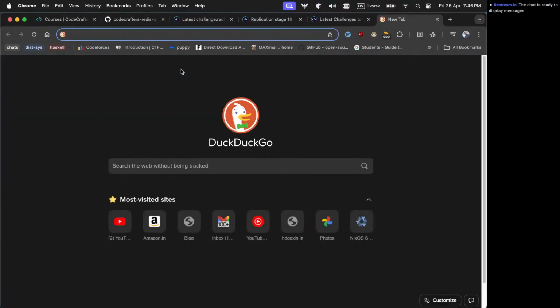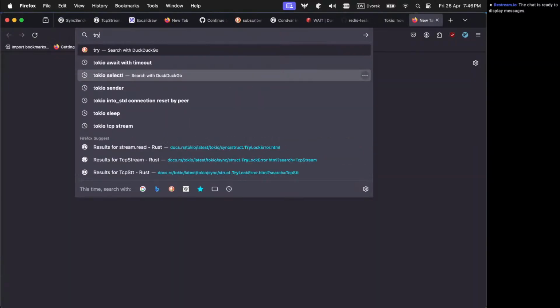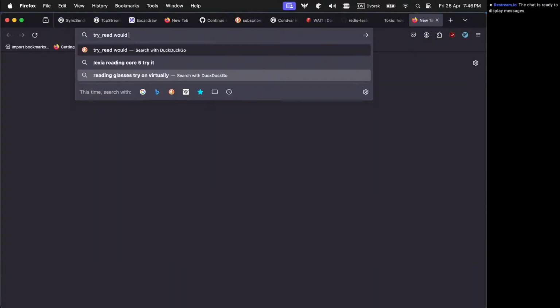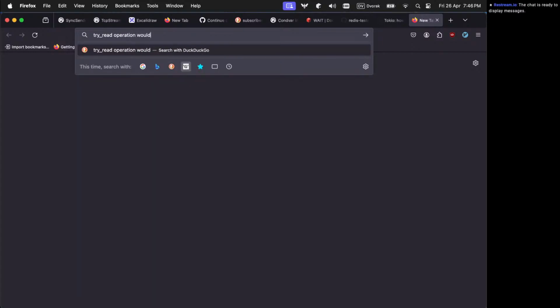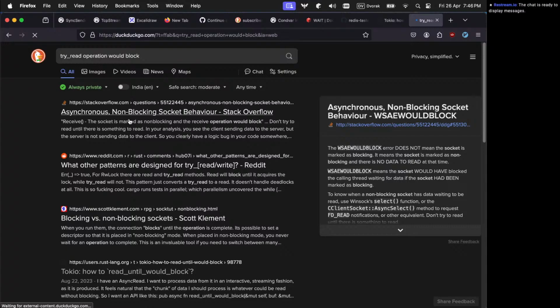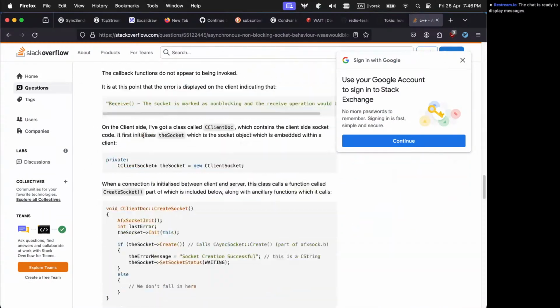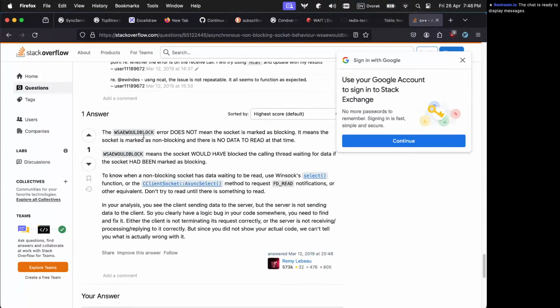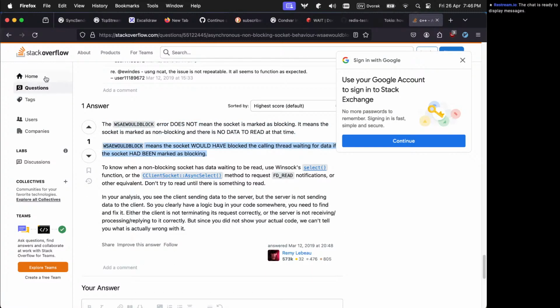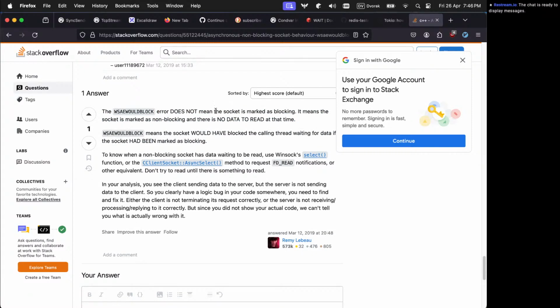Okay, this is happening because of try read. It means that the socket is marked non-blocking and there is no data to read at that time. The socket would have blocked the calling thread waiting for data if it had been marked as blocking.